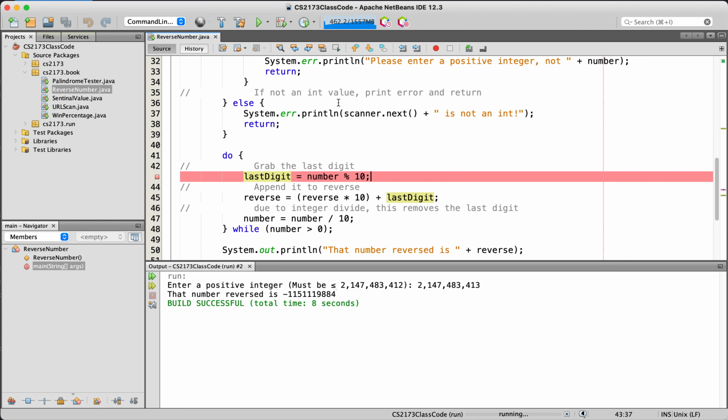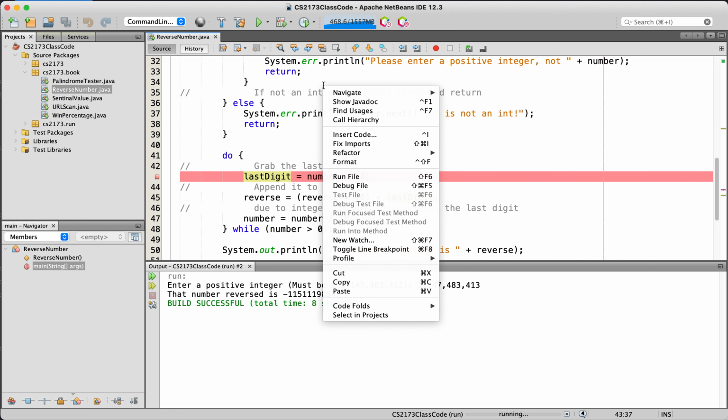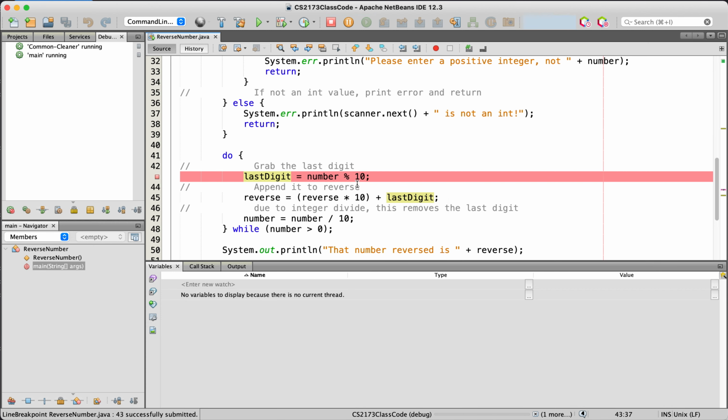Okay, so here's how we can run it, at least from here. Right click, and instead of run file, click debug file. Okay, now you notice that it opens up two additional tabs in addition to the output one. One is for variables. That'll actually show what the value of the variables are, although we can also hover over things and they should be showing, but